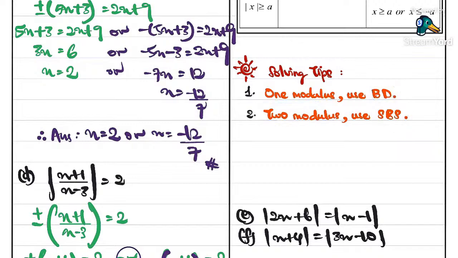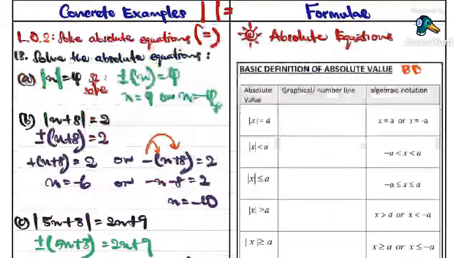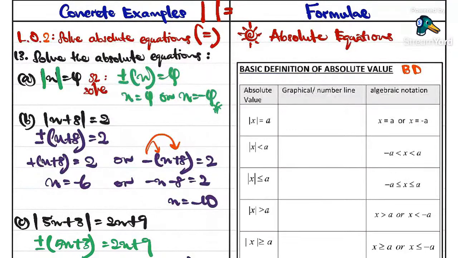But hang on a minute, what is BD? So BD is actually a basic definition. So let me introduce now, going to the formula, this is the basic definition. I call it BD. Why do I call it BD? It's short form, okay? Basic definition. So definition tu penting ataupun tidak? It is definitely penting. So saya nak tunjukkan sedikitlah dari segi number line untuk